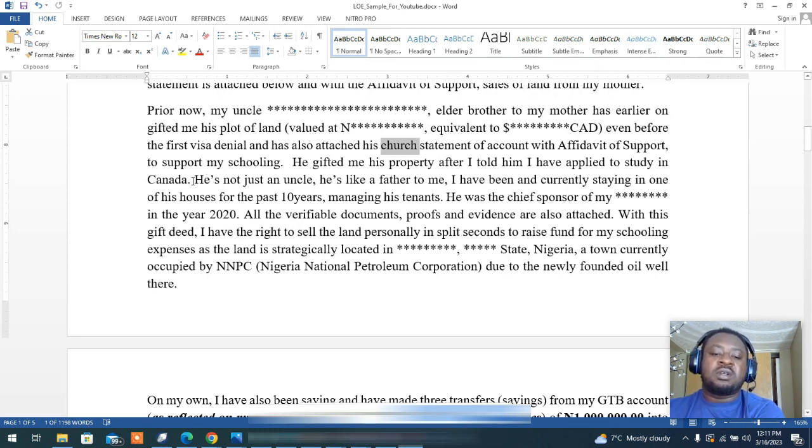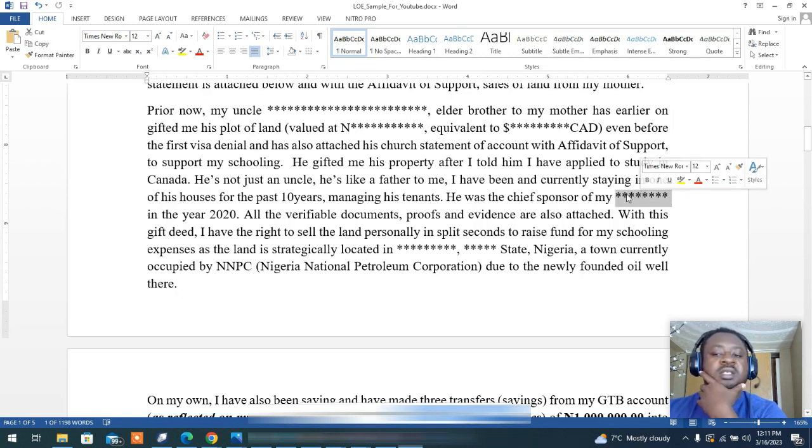Now I want to talk about the relationship, because if you are using a third party like your uncle or your auntie, you have to give a detailed relationship. I added pictures, so you don't just say it's your uncle. How would they believe it's your uncle? You can bring any person, and the person can stand as your uncle. So it's not just an uncle. It's like a father to me. I'm currently staying in one of his houses for the past 10 years, managing his tenants. He's the chief sponsor of